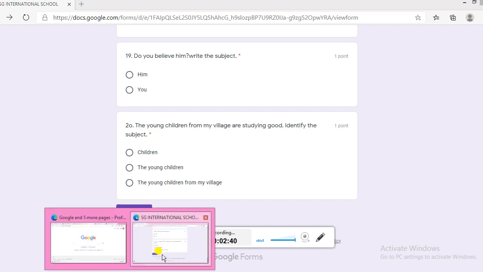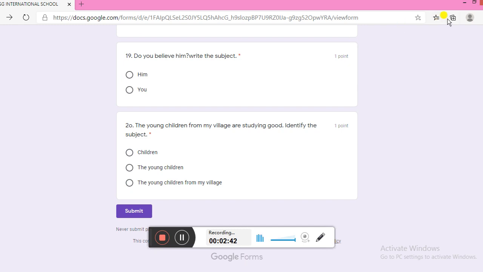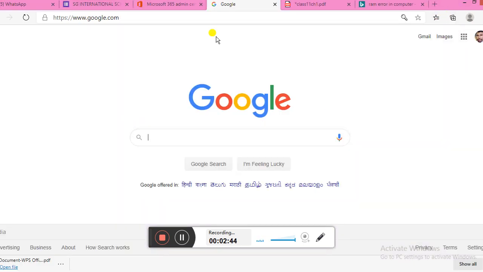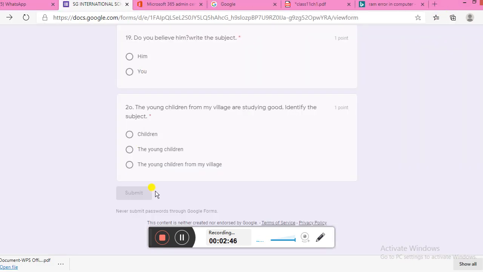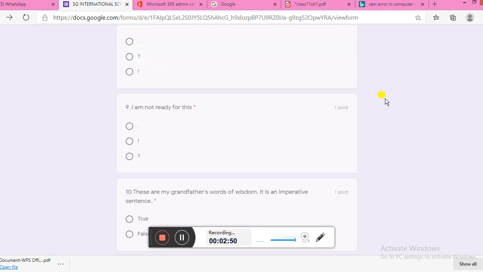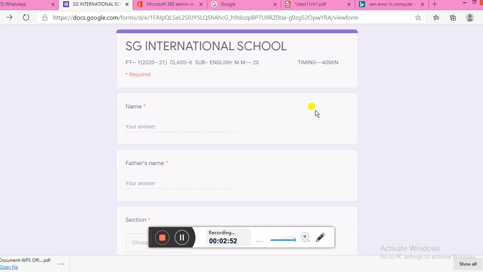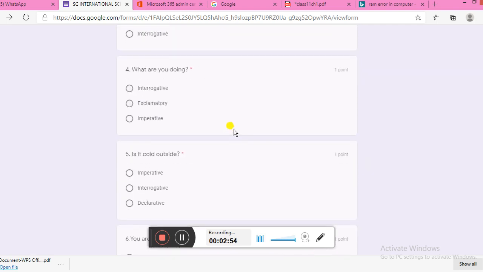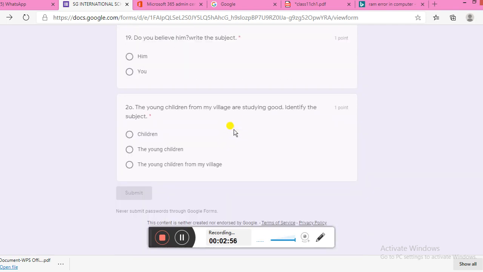Similarly, I will show you again. Please be sure you have to log in with your Gmail ID before submitting the paper. So I go to that option. I have already logged in with one of my Gmail IDs. At the last, I am not able to see the highlighted submit because I have not logged in with my Gmail ID. When I refresh the page, I will get the submit option highlighted.